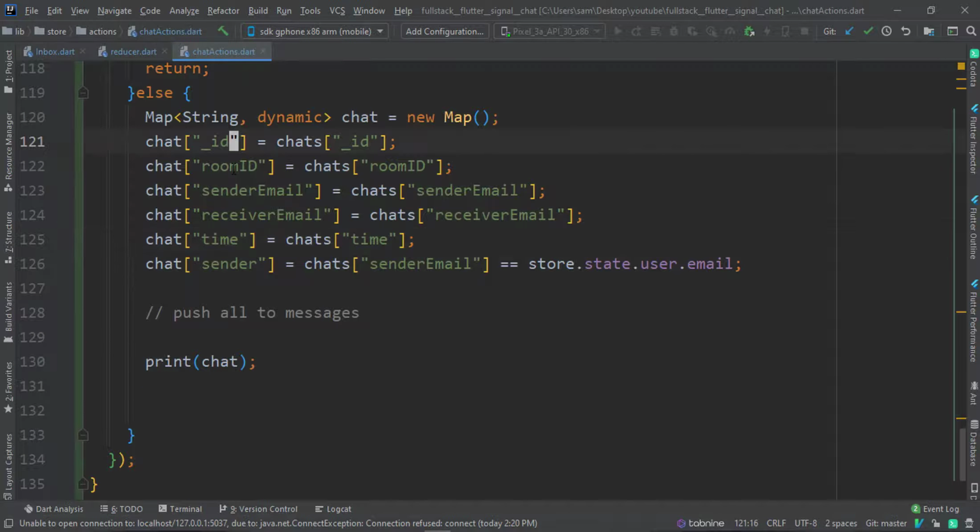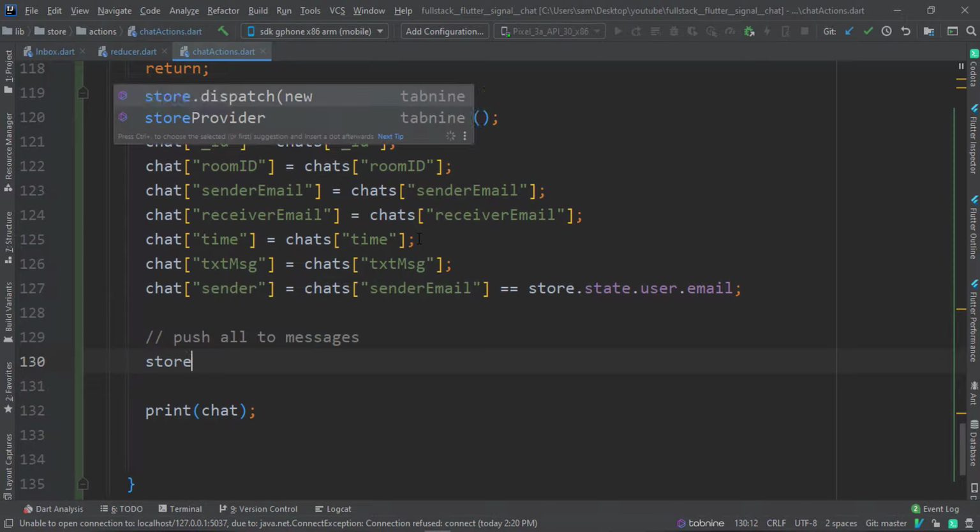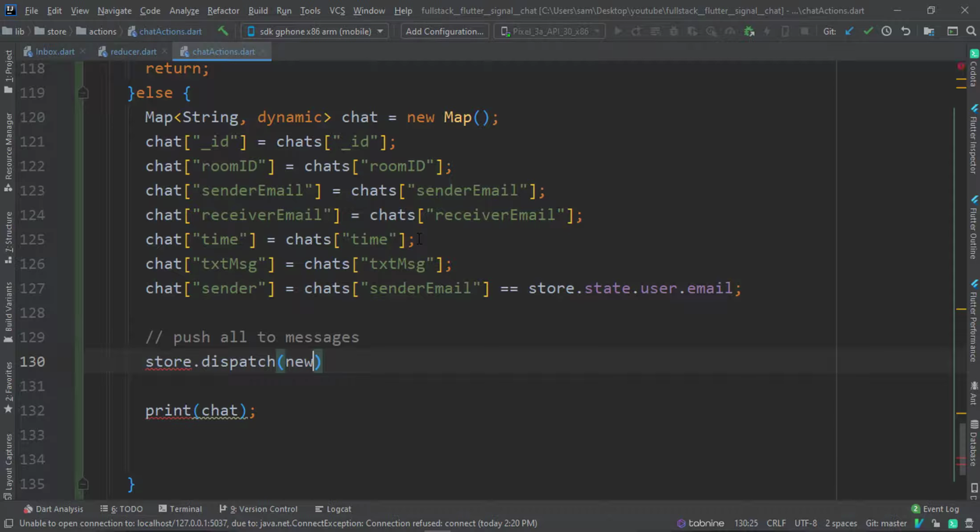So we have the ID, room, sender, receiver, time, and sender here. I think one thing we are missing here is the text message. So for the text message, we have to use chats text message. So I guess that should solve it,